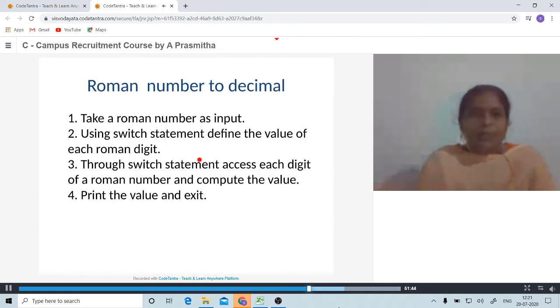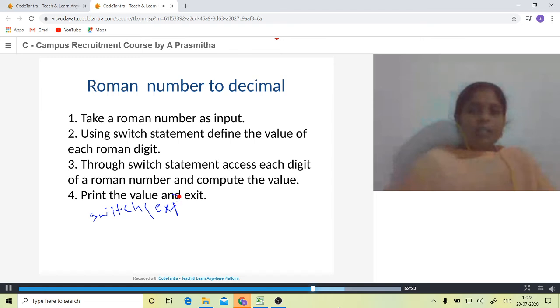So now see, first we are going to take the Roman number as our input and we will use a switch statement. Normally a switch statement is used for choosing any one option from multiple options. So switch is something like this, switch, and here you will be writing the expression.